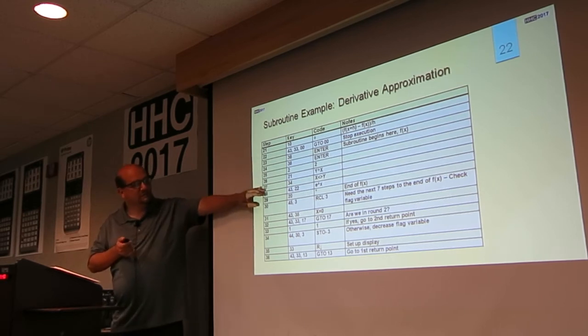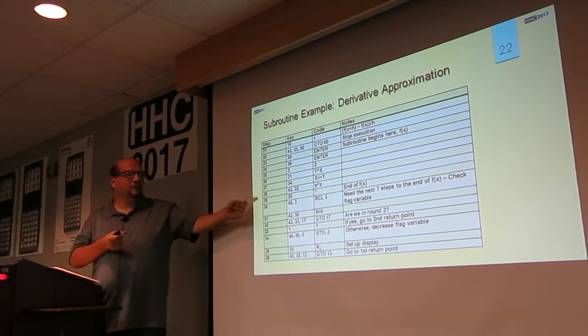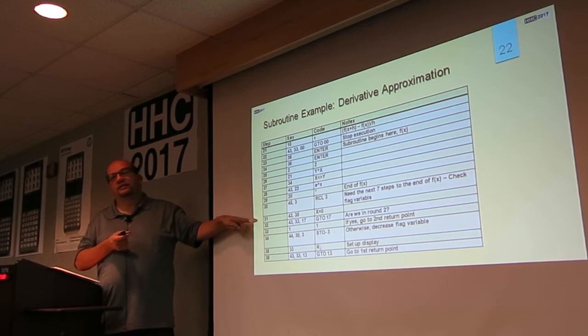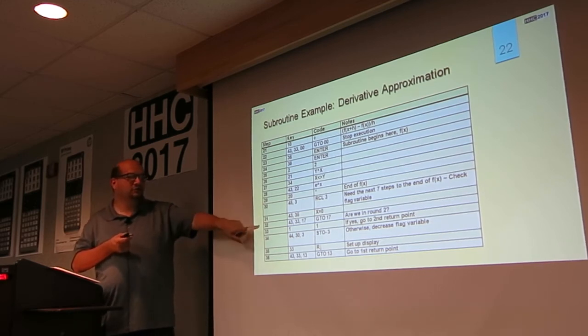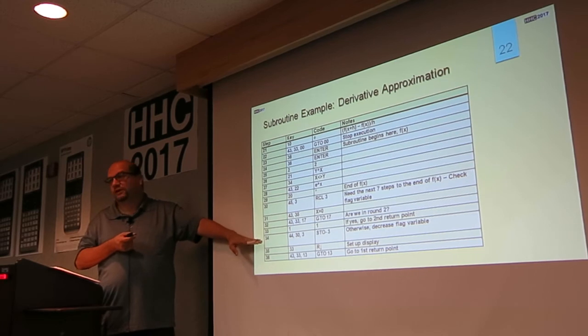And then here's my subroutine calculation, and then I recall my test variable. Is it 0? Is it 1? Whatever number it is. So in this case, if I recall 3, is it 1? Is it 0? If it's 0, go ahead and go to 17 because we're in the second round. If not, I'm going to subtract 1 from register 3, and then set up the display for future calculations, and then I'm going to go to point